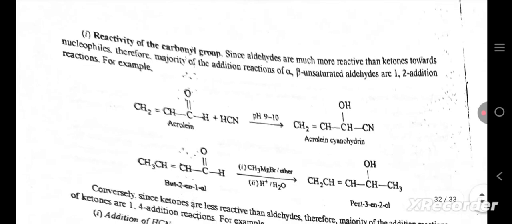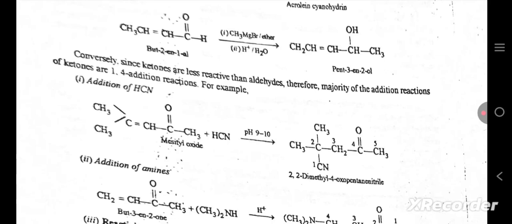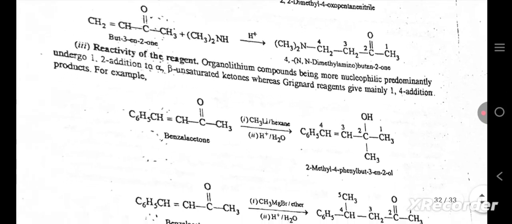Reactivity of the carbonyl group. Since aldehydes are much more reactive than ketones towards nucleophiles, the majority of the addition reactions of alpha-beta unsaturated aldehydes are 1,2 addition reactions. For example, conversely, since ketones are less reactive than aldehydes, the majority of the addition reactions of ketones are 1,4 addition reactions. For example,